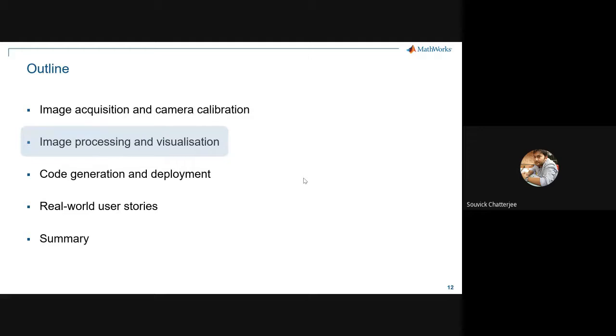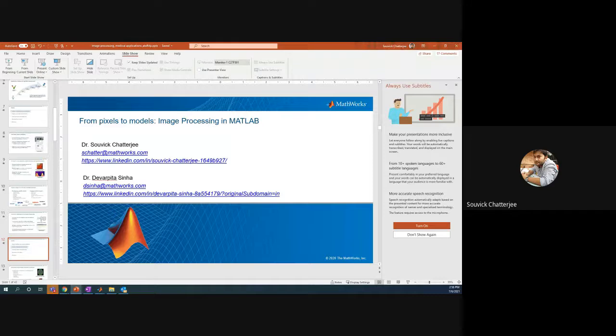Okay, so now comes the important part. The image acquisition part is like you have some set points, you just follow them, and you get the image. The important part is how we do the image processing and the visualization. That's where we will spend almost the rest of the duration now. So I'll go over to MATLAB now. There is nothing in here.